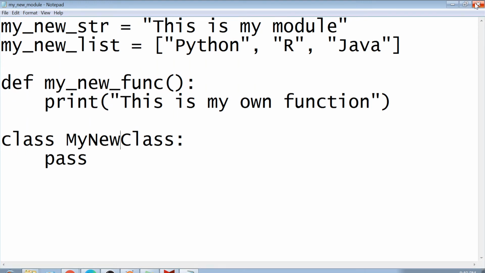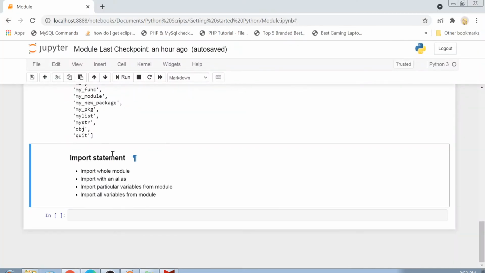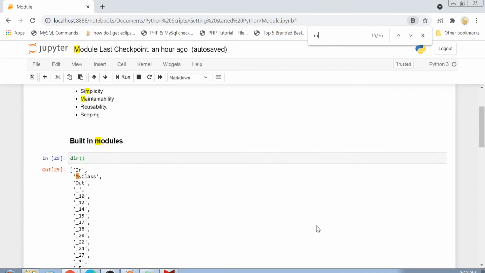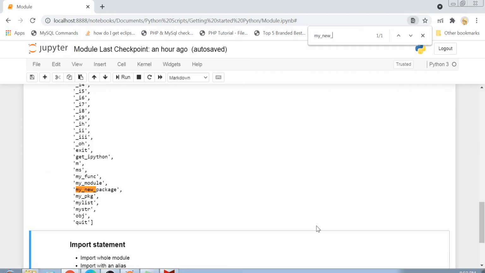I will close this notepad now and check my dir output. Do you see my new module anywhere? No. My new module is not a module which is already imported or already there in my dir output.